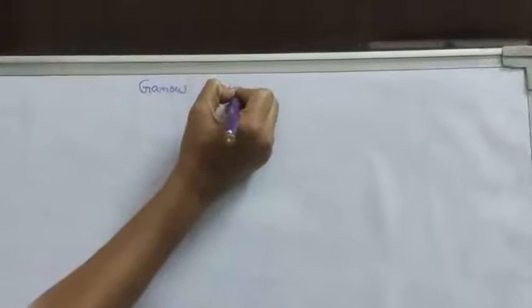In the previous lecture we learned about beta decay, fine structure of beta decay, and even alpha decay and fine structure of alpha decay. Today we are going to learn about Gamow theory. In the previous lecture we defined what alpha decay and beta decay are, and the fine structure of alpha decay. Today's concept is Gamow theory.